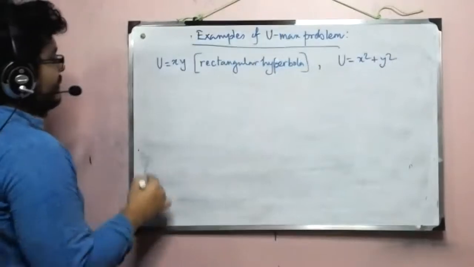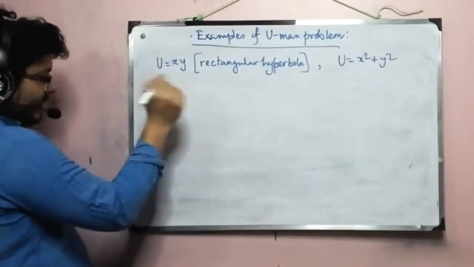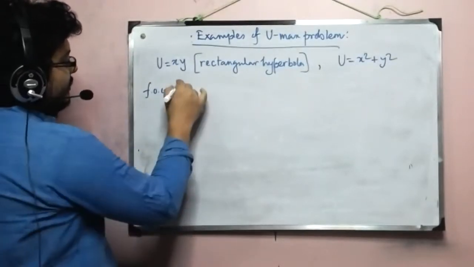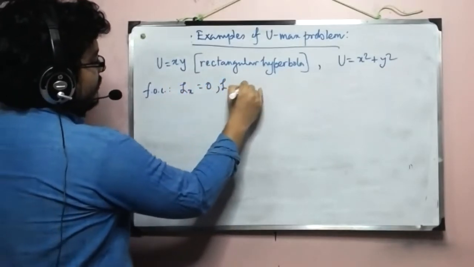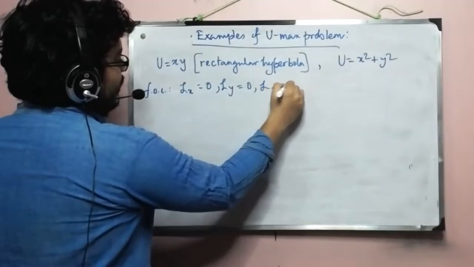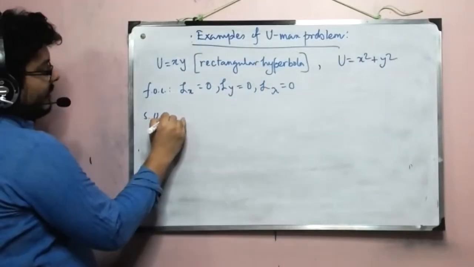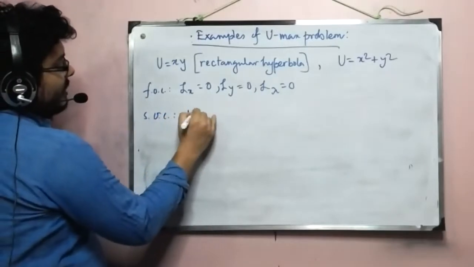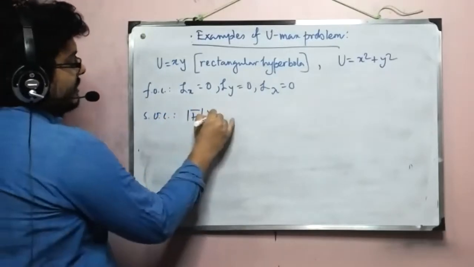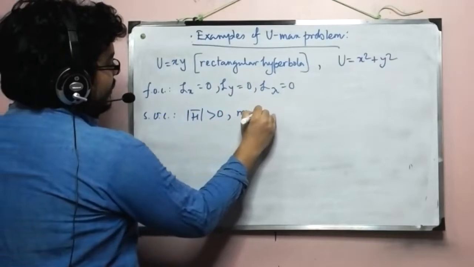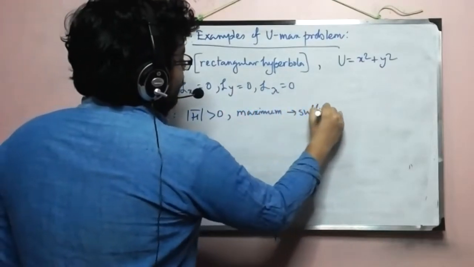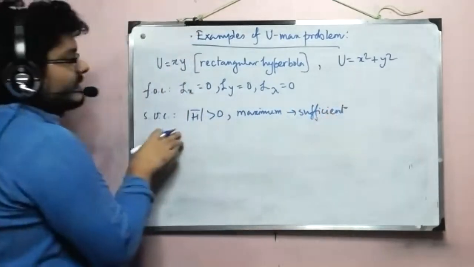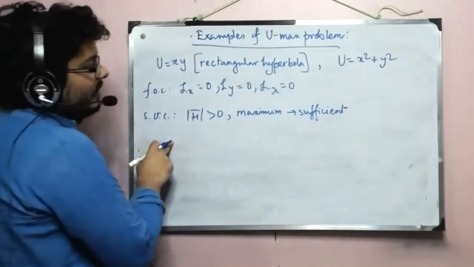The purpose is this. So we have learned the FOC after construction of the corresponding Lagrangian. The FOC is basically this, that Lx first partial is 0, Ly is 0, and against lambda it is 0. So these three, and they are same for both of them. Now in SOC we have learned this bordered Hessian determinant, and we have seen that if it is positive, then it's fine, we have attained a maximum. Now this is a sufficient condition, right? Which means that if it is satisfied, then the point that we have got is a maximum.